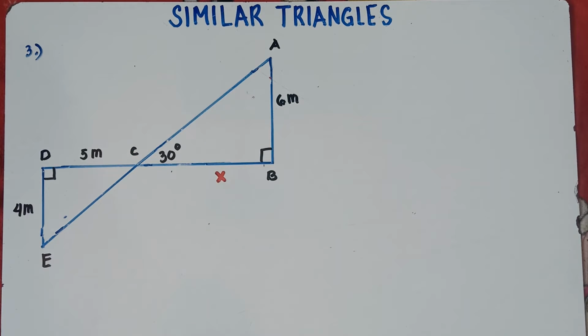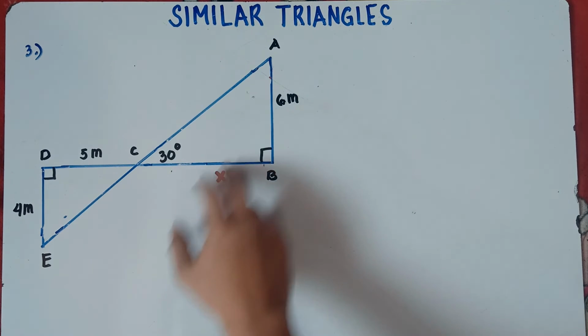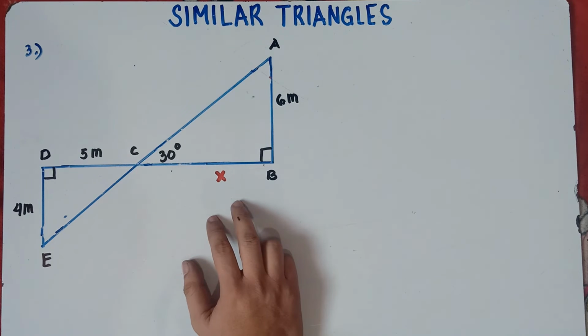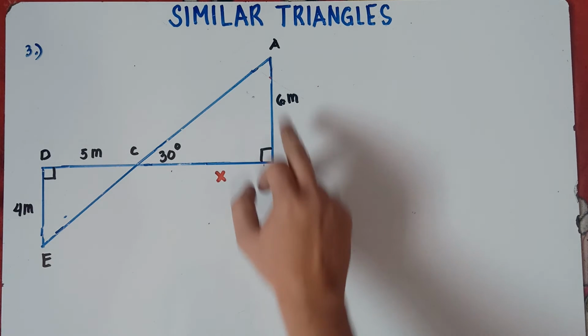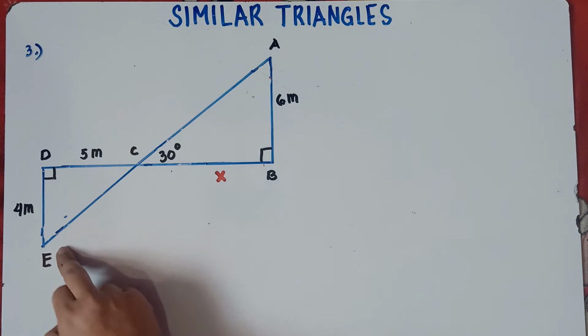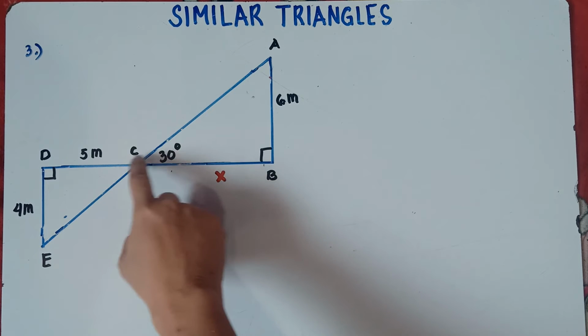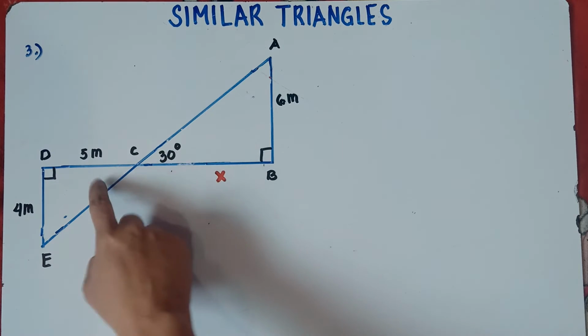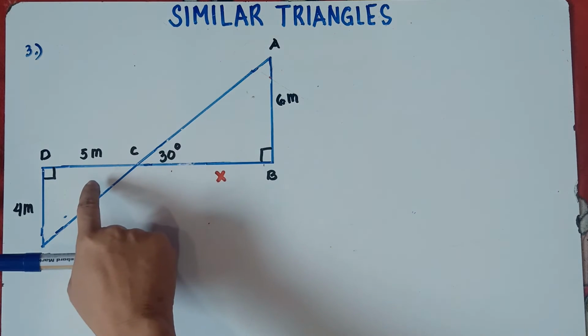Alright, so let's try number 3, class. More complicated examples. So we have a given illustration. We do have 2 triangles. So first thing to do, class, is we need to name this triangle. Once again, you check first the angle. So this angle is congruent to this angle. How about this angle, class? Is it congruent to the angle E? You need to check that one first. So how about this one? Angle C, 30 degrees. So what would be this angle, class? Now, once again, if this is 30 degrees, this is also 30 degrees.